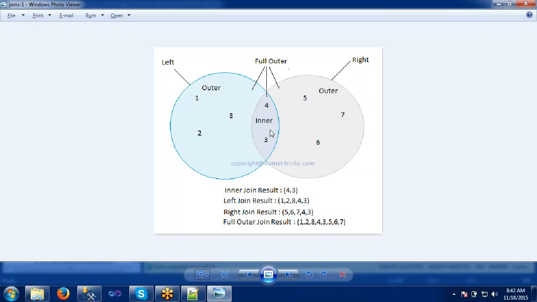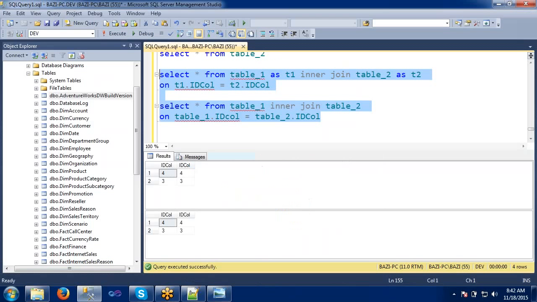So we are just matching a column in table 1 with a column in table 2. If it is matching with the inner join, then all the records will be retrieved. It will just match one column, but it will show all the records. We are matching only on the particular column; if this column is matching, then retrieve all the data. This is how the inner join works.